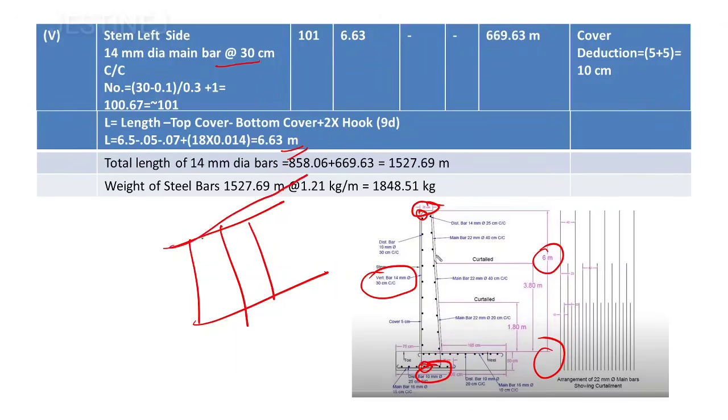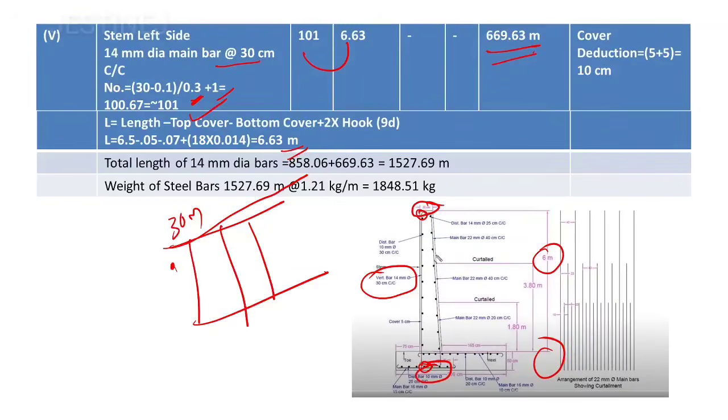And the total number: the total length of the retaining wall is going to be 30 meter. So the clear cover, if you reduce, it is going to be 30 minus 0.1 divided by the center to center spacing plus 1, and you will get 101. And 101 multiplied by 6.63, you will get this value. Okay,